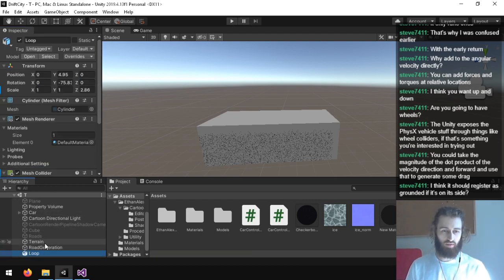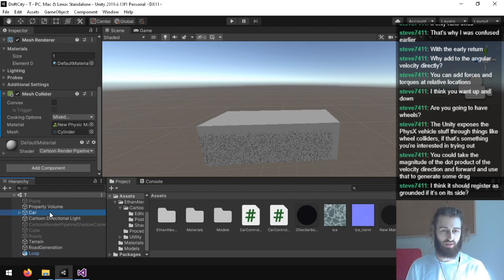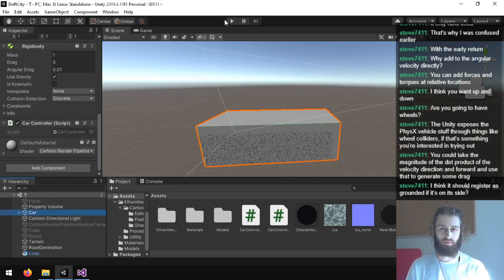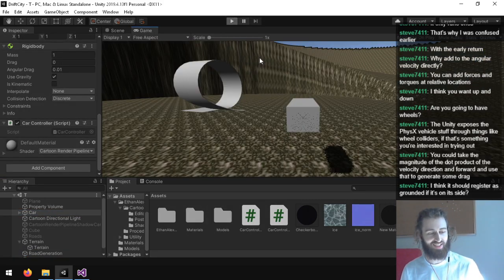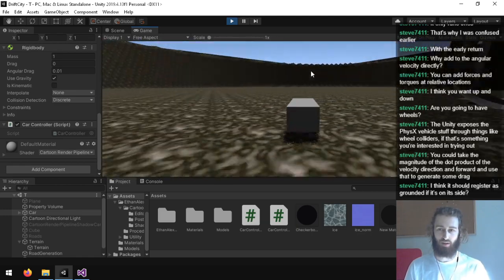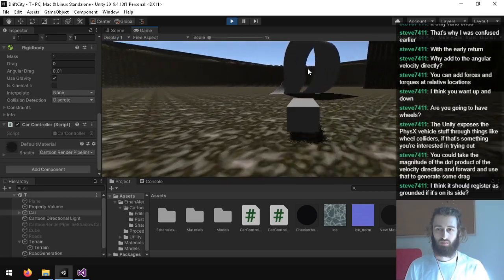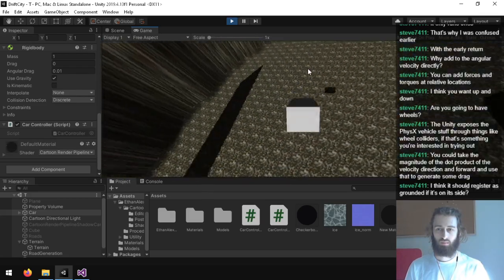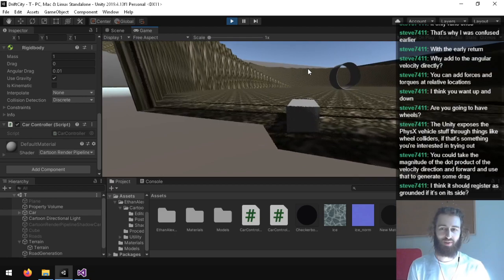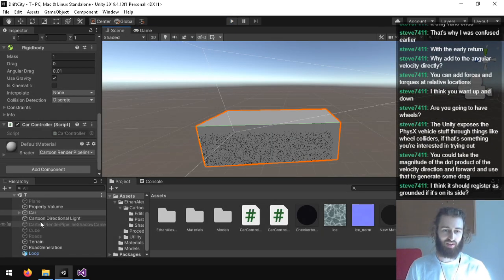So neither of these, friction or drag, do exactly what I want in terms of slowing the car down. I think we're actually going to need to do custom friction as an opposing force. It is pretty fun just going and doing flips like that.